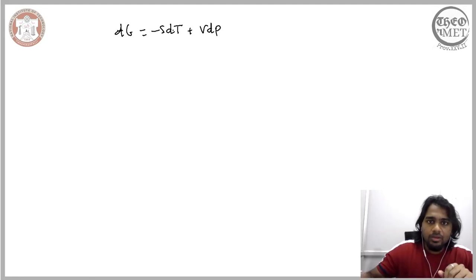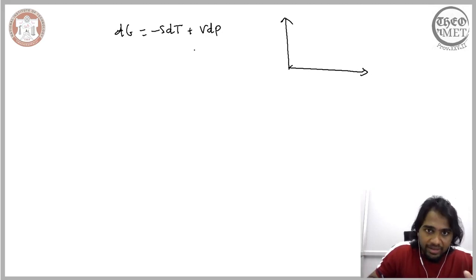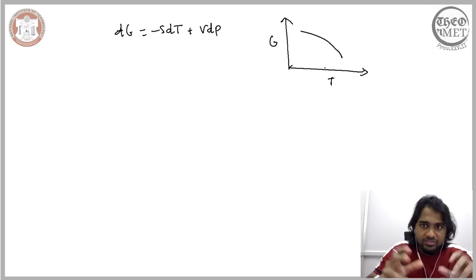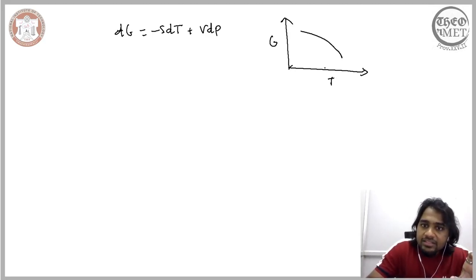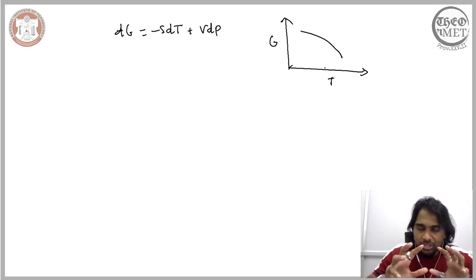Now, when we consider the change in the Gibbs free energy with respect to temperature, we ensured that the curve relating the Gibbs free energy to the temperature had a negative slope, and when we quantified the slope, it related to the entropy. This slope is nothing but the first derivative of the Gibbs free energy with respect to the temperature.